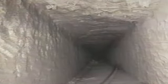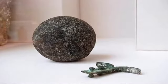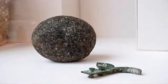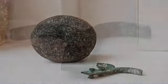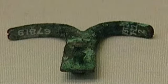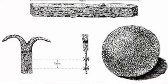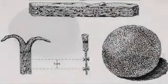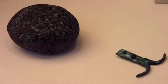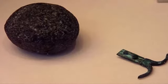In one of the lower shafts in 1872, Wayneman Dixon found three more objects, which could be considered proof of prior covert exploration of the mysterious northern shafts. A copper grappling hook, about 5 centimeters in length, accompanied by a small gray-green stone ball and a broken-off piece of a square wooden slat or rod, about 13 centimeters long,